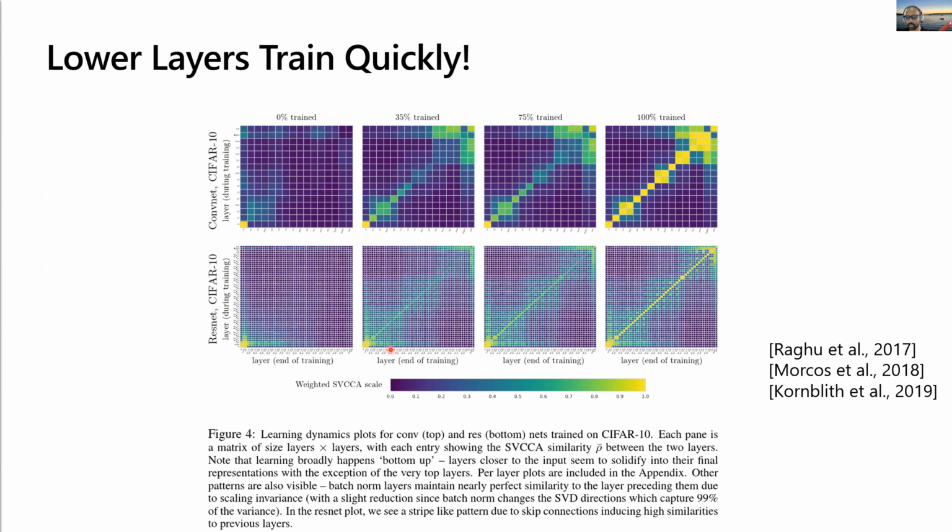Which is usually in the early layers, at least in CNNs. And those early layers don't change much in representation even as training goes on, and only later on, you can see this two-stage phenomenon happening empirically, that the end layers start to become correlated with their final training at the end of 100% of training, in the second part of training, right? But the first thing happens blazingly fast and doesn't change much, whereas the second part happens later, of the later layers. And this is further empirical evidence of this two-stage training of neural networks.